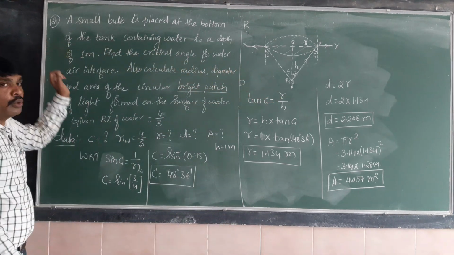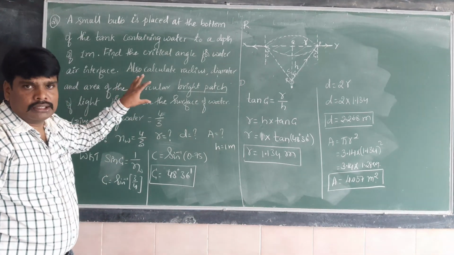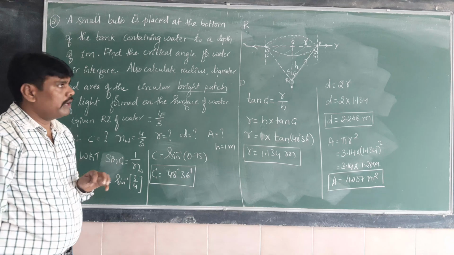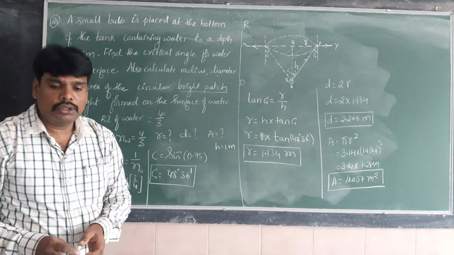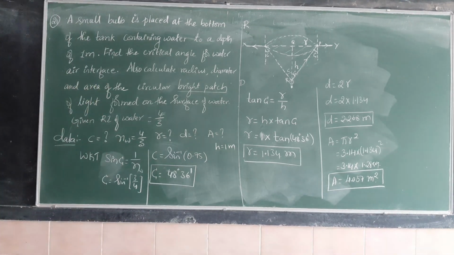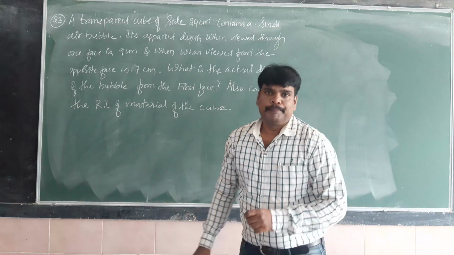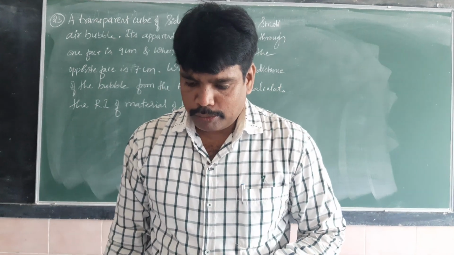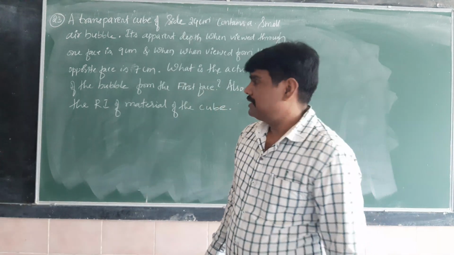For problem number 22, I will give the same type of problem, that you take as homework, and after solving problem number 22, you send it to my WhatsApp number. Then I will go for the next concept, problem number 23, related to the normal shift. First of all, I request all the students to copy this. I think you have copied the previous problem. In the next problem, I will send to the WhatsApp group problem number 22, exactly similar to problem number 21. You can go through that one, then you can easily solve the next problem.